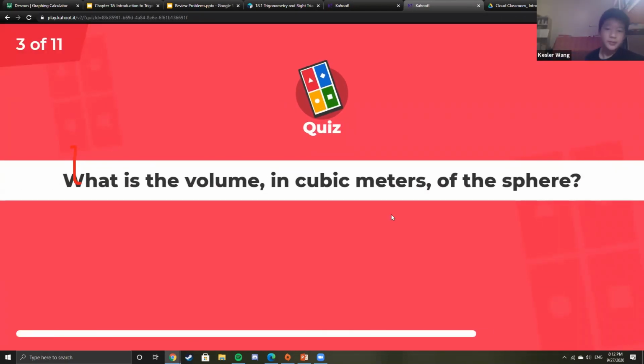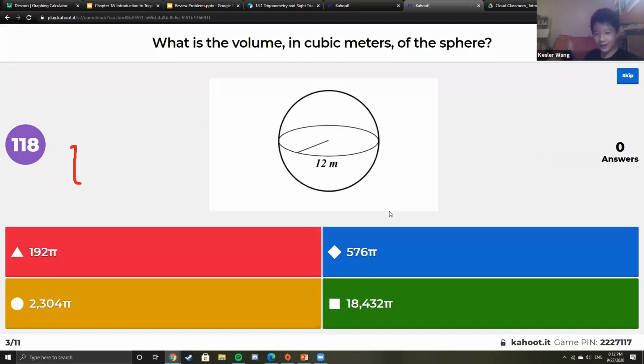What is the volume in cubic meters of the sphere? 12 meters. So it's